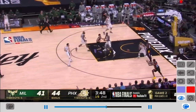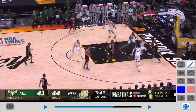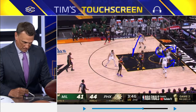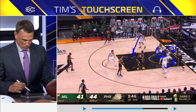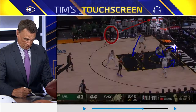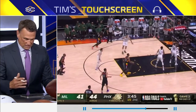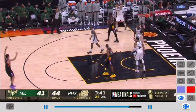Here once again, a little bit of a busted play. Bridges with the drop off to Ayton. And again, look at how much activity is in this lane. 3 bodies. Brook Lopez is out here sort of lost. His head is turned on the play, but once again, we're going to float baseline. Drive baseline, float baseline. And this is even their center making this play. A very difficult pass in traffic for DeAndre Ayton. But this, again, it's off a little bit of a broken play, and you end up with a corner 3